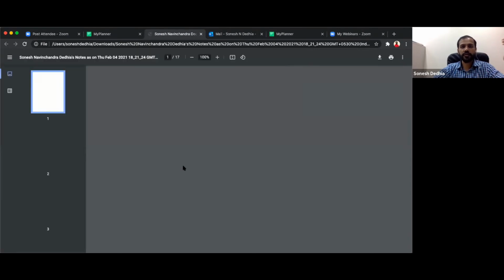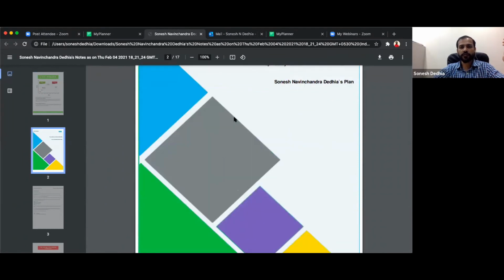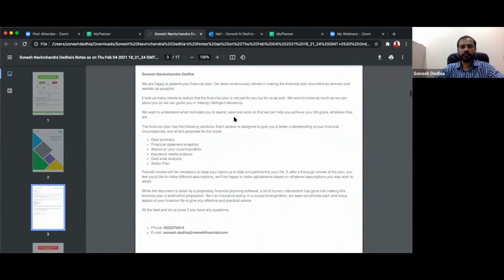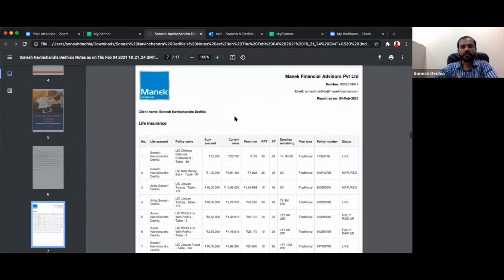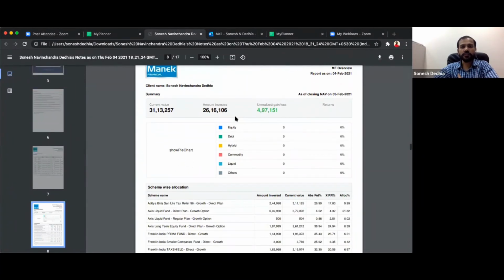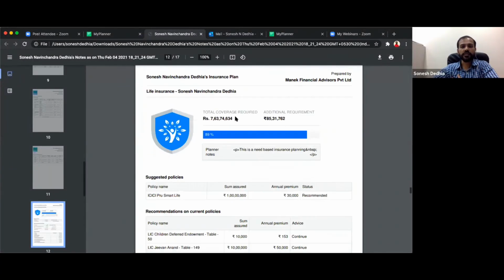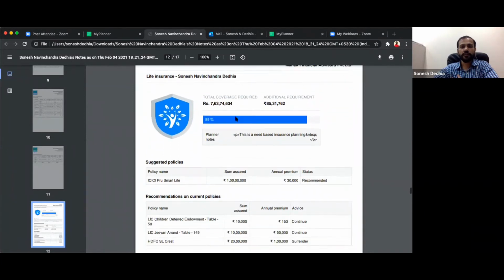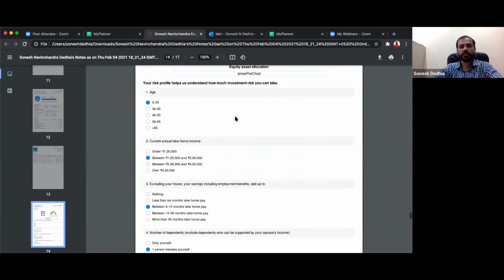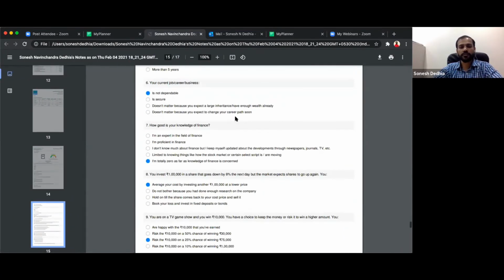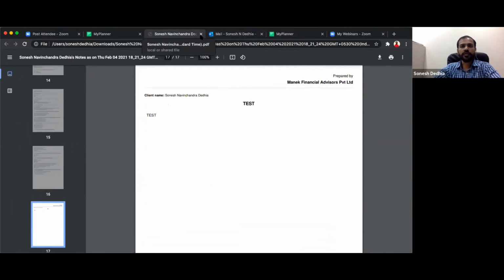So this is the PDF that has been generated, and you can see the life phases. This could be the cover page, so you can put it across the first page. Welcome note, the life phases, and the disclaimers, then the portfolios, life insurance, the summary report, and all your goals and everything gets added, and you can just send it across to the customer. So this is the life insurance planning part that gets added, your health insurance planning, your risk profiling. You can send the risk profiling to the customer also. All these things get added to this. So this is how you'll be able to generate a financial plan.